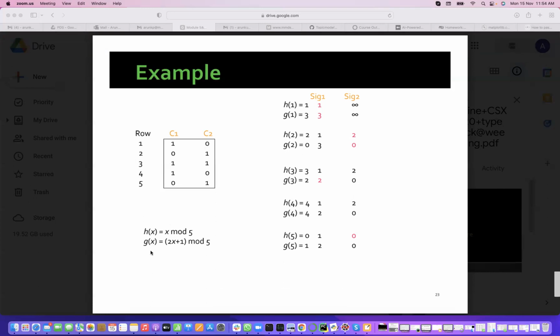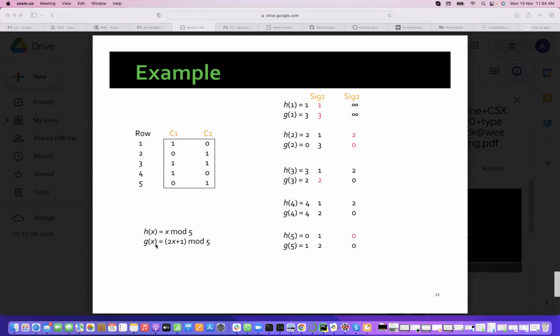Third. Sir, but for the H value 5, they have put 0, right? Yeah, 5 mod 5, they put 0. Anyway, you are comparing whether the numbers are the same or not, right? Whether you write 5 or 0, in Jaccard similarity it won't change. For both columns, you will get 0, 0 or 5, 5 in your representation. Whether you start from 1 to 5 or 0 to 4, it's okay.